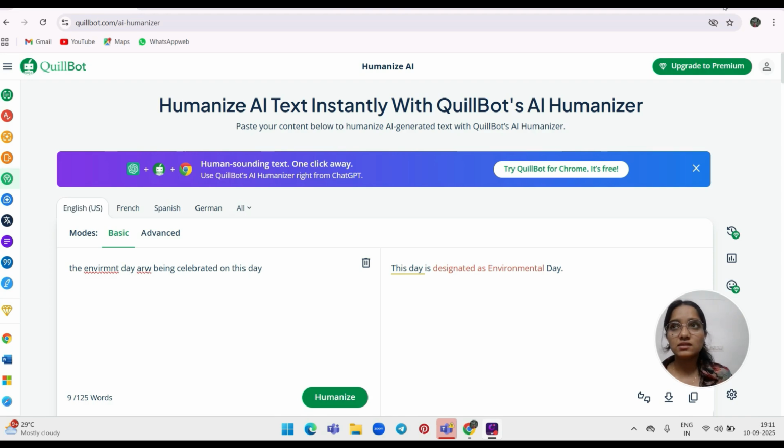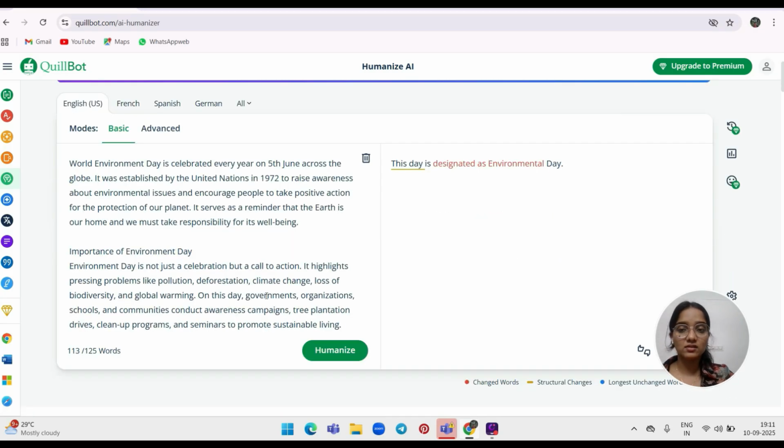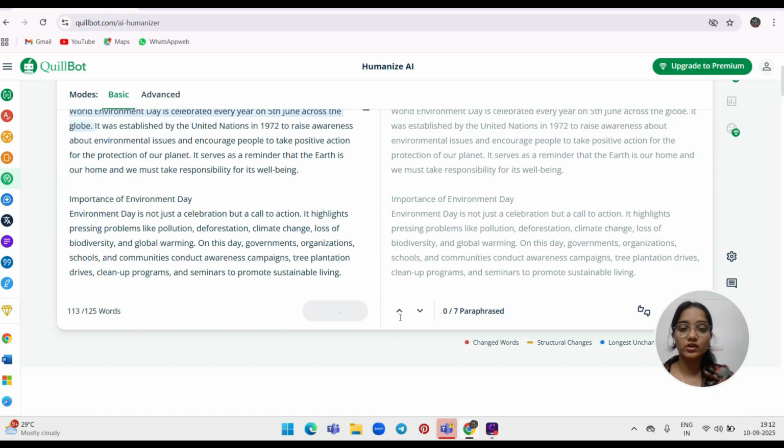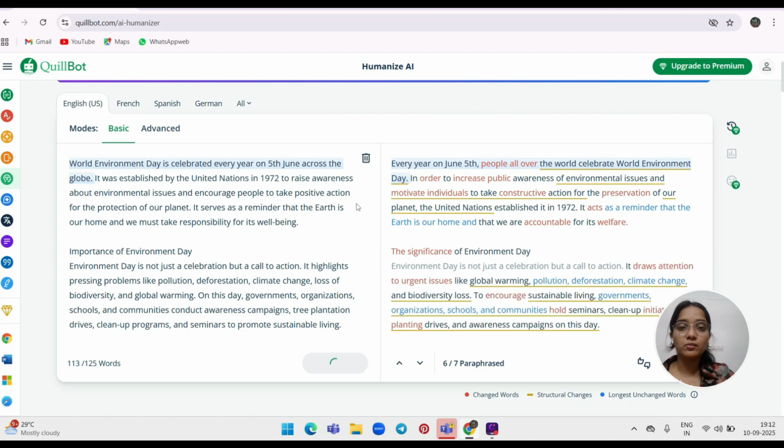If you convert this text into a more humanistic way, you can use this tool that is Humanize AI. Same as I have done in the previous feature, I'll just paste the content that I had created using ChatGPT. See, on the left side of the screen, this is content that has been created using ChatGPT. If I want to make it in a more human language, I would just click on the Humanize button, and on the right side, you can see the text will be converted into a more human language. You can just pause the video and check the difference between both of these paragraphs.